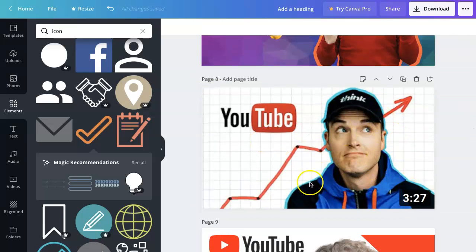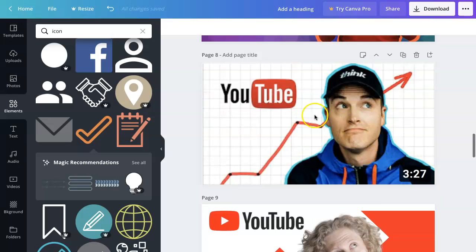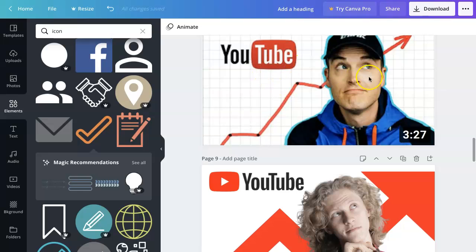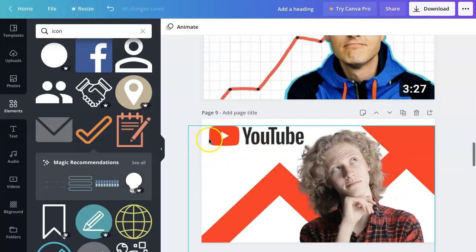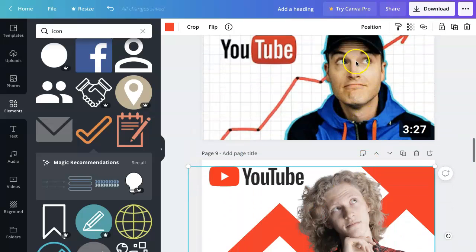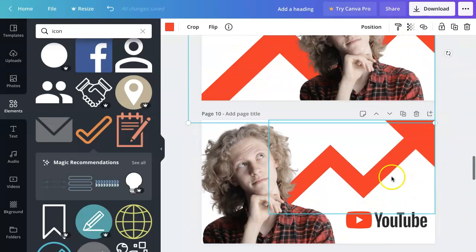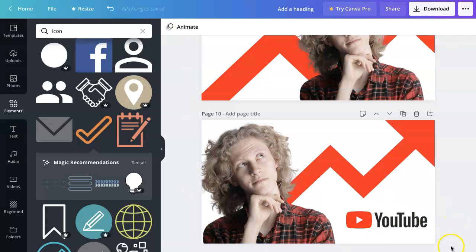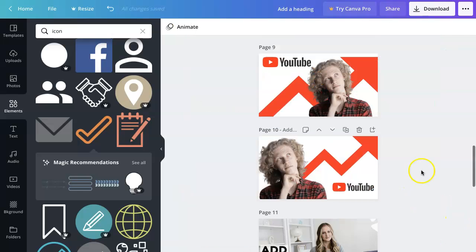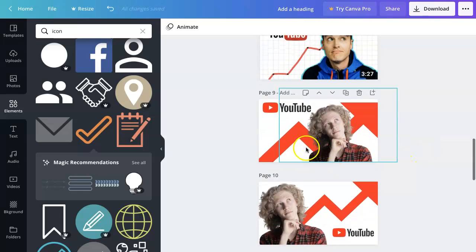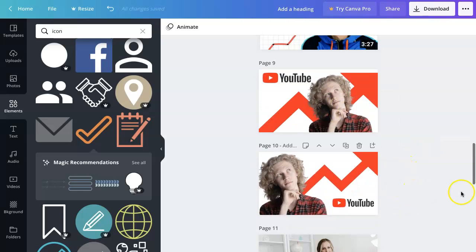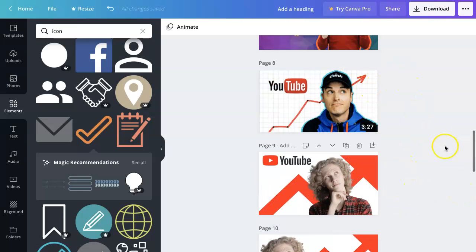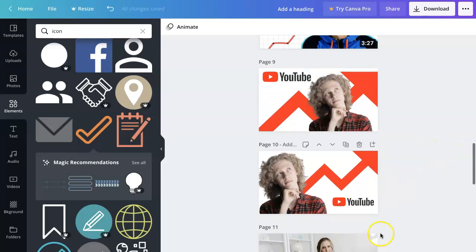So I've done this with Sean from Think Media as well. So this is his thumbnail. I'm not claiming rights to that, but you'll notice that I used his thumbnail for ideas. So here's the YouTube logo. Here's an icon of a red arrow and a guy looking up, which is what Sean's doing there. Here is another version of that, which I thought was a little bit cleaner. And so you can see Sean's here. Here's version A and here's version B. So two different ideas just from one thumbnail, and they look pretty catchy,